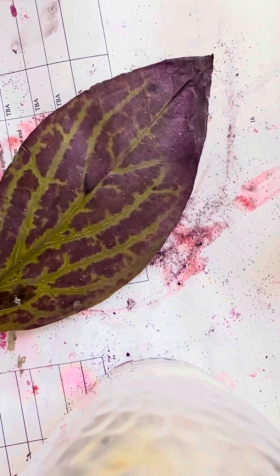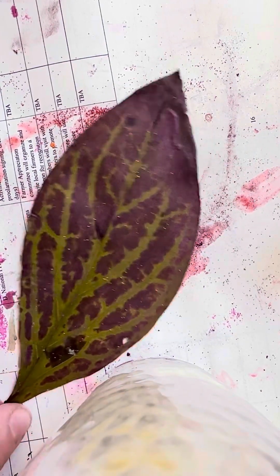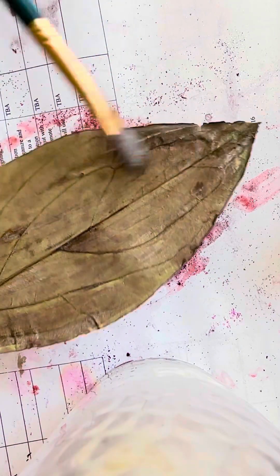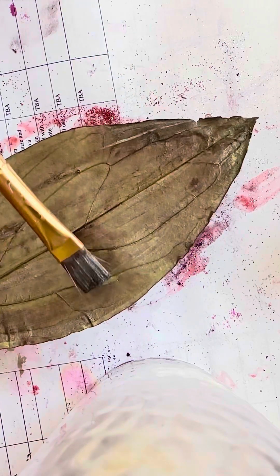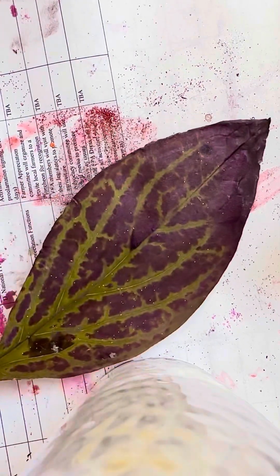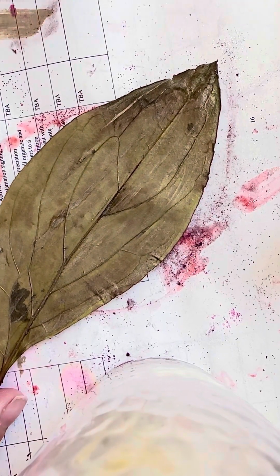So now you've got the front, and it's fixed. And now my back, in case I wanted to cut this in half and have half the leaf going one way and half the leaf being the other color, now it's going to look uniform. If I didn't want it to be just so blah, that's the technical term, by the way,